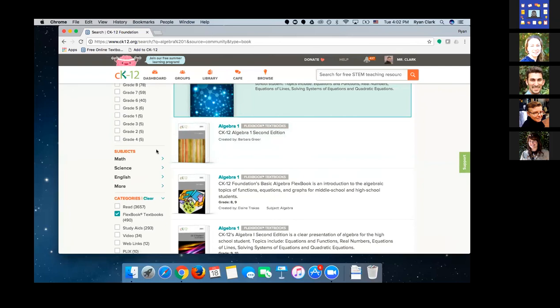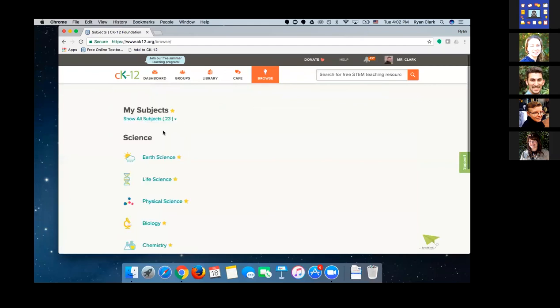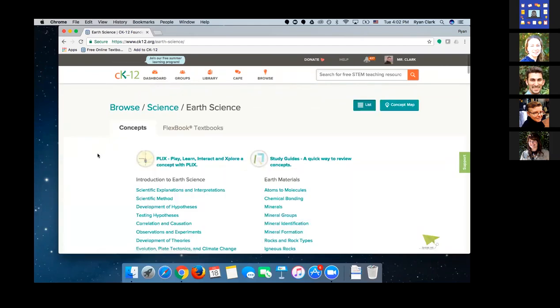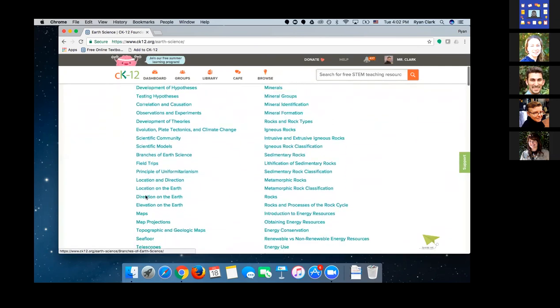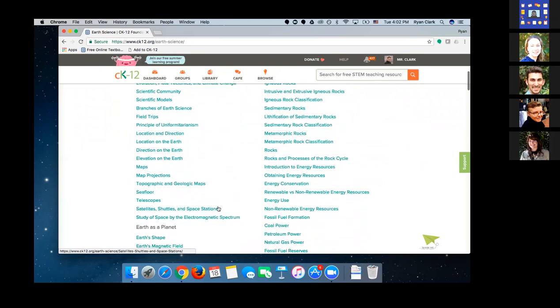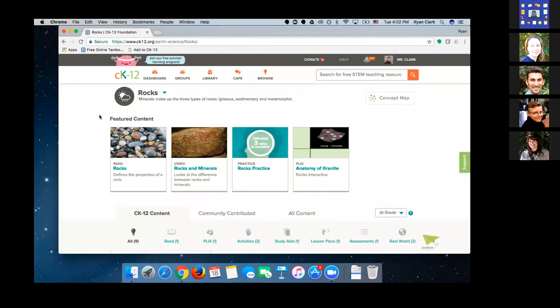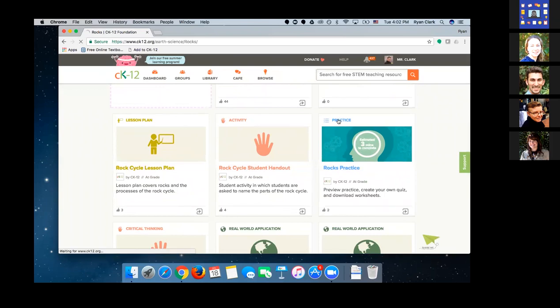So another question that was asked said, could you demonstrate how to embed practice and quizzes into a FlexBook? Sure. So what we'll go ahead and do is we will find an adaptive practice assignment that we want to embed into a FlexBook textbook. So let's go ahead and say we want to add this idea. Let's go ahead and choose rocks as a topic. So if I go into this topic of rocks, and then I go ahead and I find the adaptive practice,